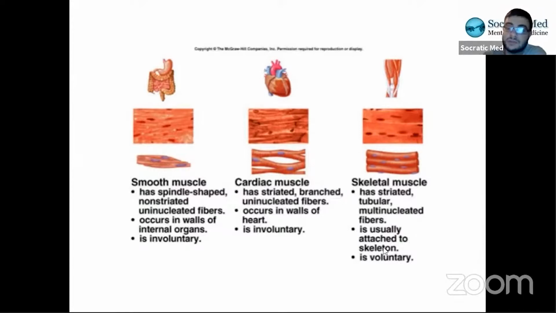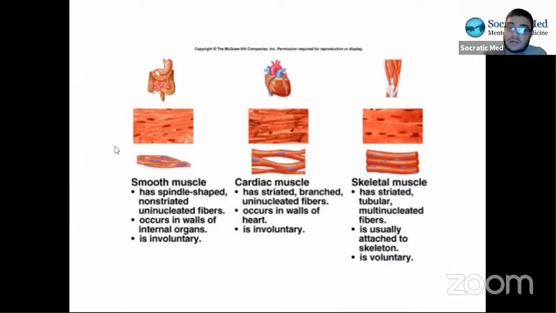And the 2 unique things about skeletal muscle is, first, unlike the other types, it's voluntary. You choose when you want to move your arm or move your leg or move your head or anything like that. You choose how you can voluntarily move these muscles at any time. And the other difference is that the muscle fibers in skeletal muscle are multinucleated, meaning if you can see here, these muscle fibers have multiple nuclei per fiber, whereas the other two types are uninucleated, meaning they only have one nucleus per fiber, okay?